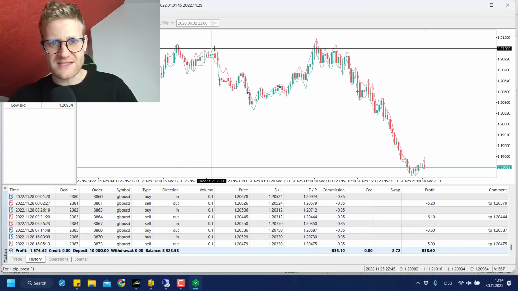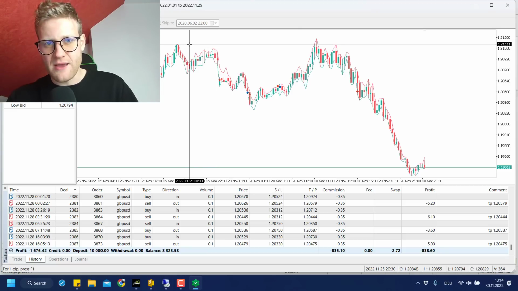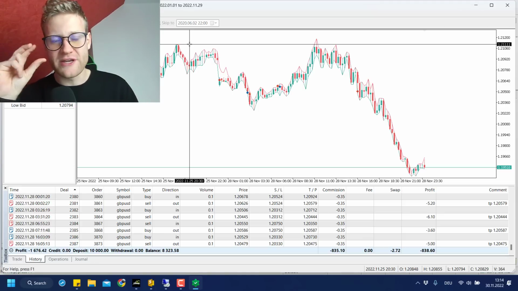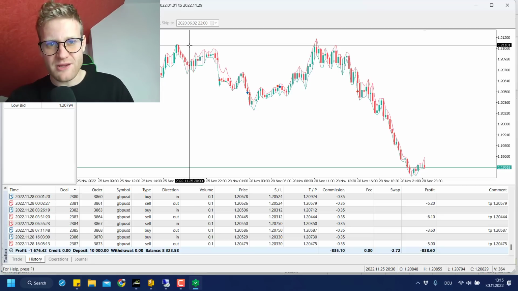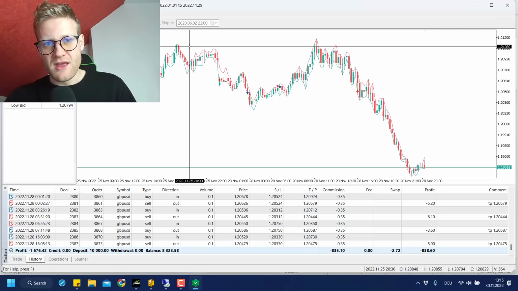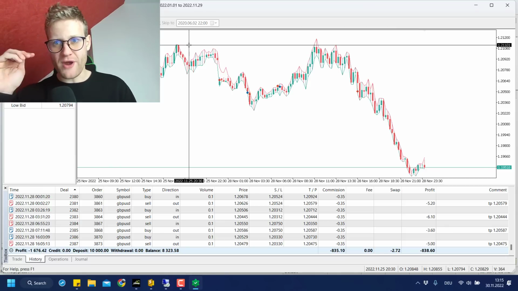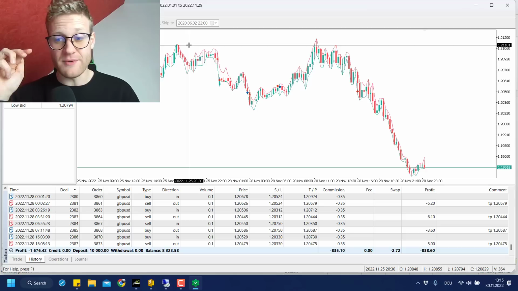So if the price here would have gone a little bit higher, it would have triggered this buy stop order. It would have triggered the buy stop order as soon as the ask price reaches this level, which means that the bid price is a little bit below this level. Now, with the new system, we trade a sell limit order up here, which means that the bid price